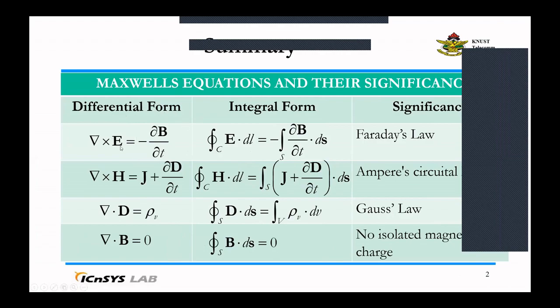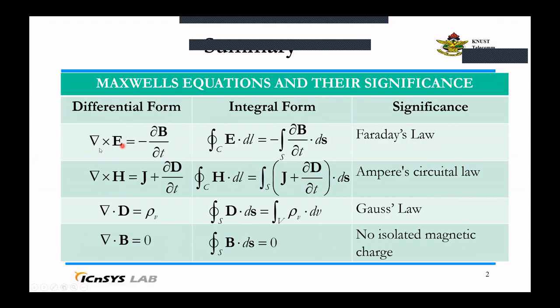these are the summary of Maxwell's equations. So we have the curl, or the rotation, of E, which is equal to the negative rate of change of the magnetic flux density. So the rotation of E, the electric field intensity, will give rise to a time varying magnetic field. And again here, the rotation of H, the magnetic field intensity, will give rise to a time